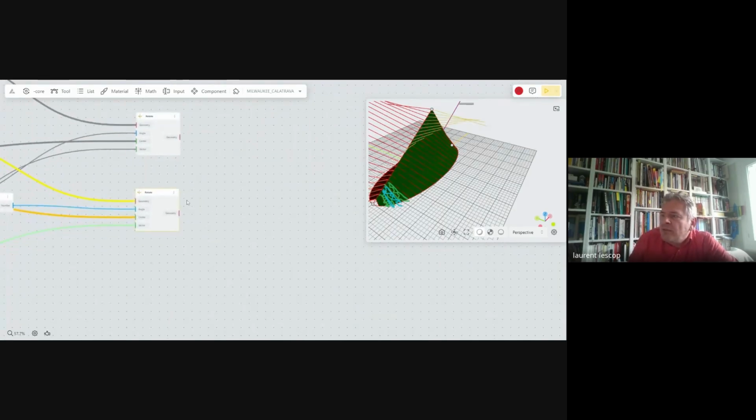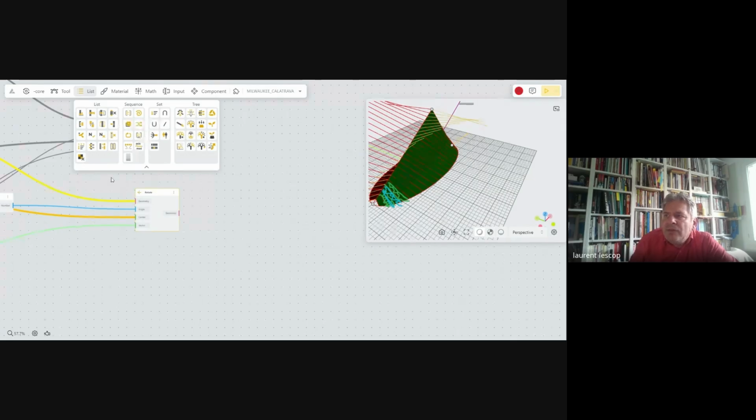What I need is to separate those elements. So I take my list, and in my list, I can do some kind of sublists. To do that, I will partition my list. Okay, so let's try.